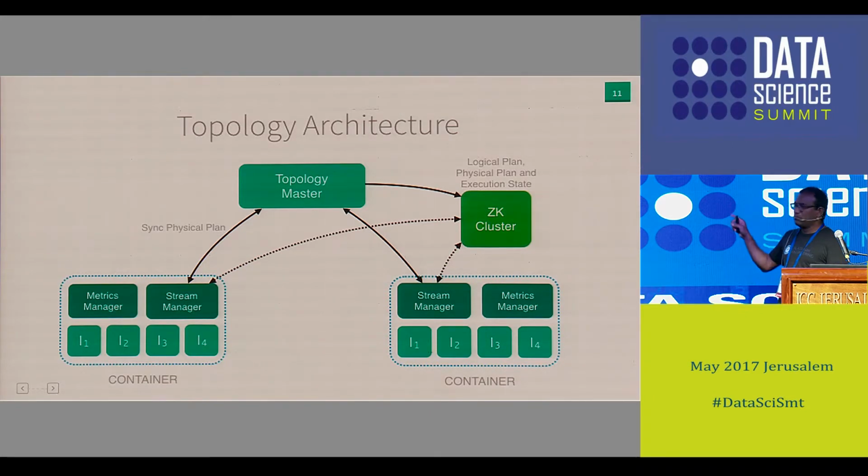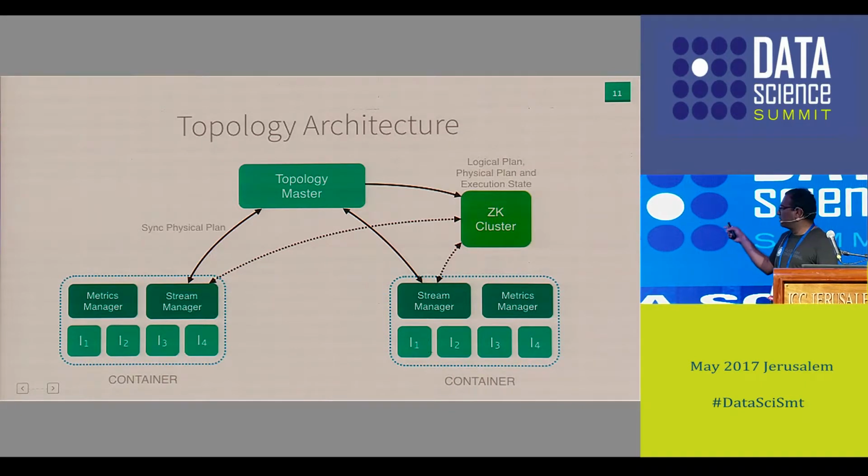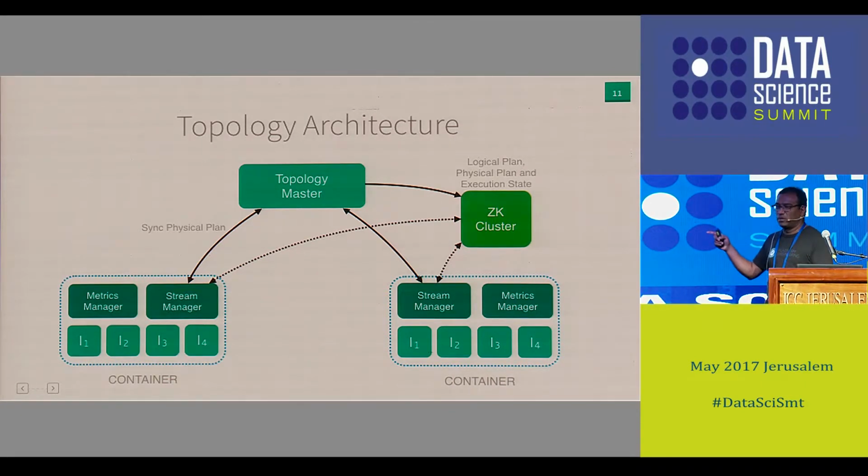Every topology master, when it comes up, writes its host and port there, so that the other stream managers coming up across these containers can discover it, and then everybody reports to the topology master.